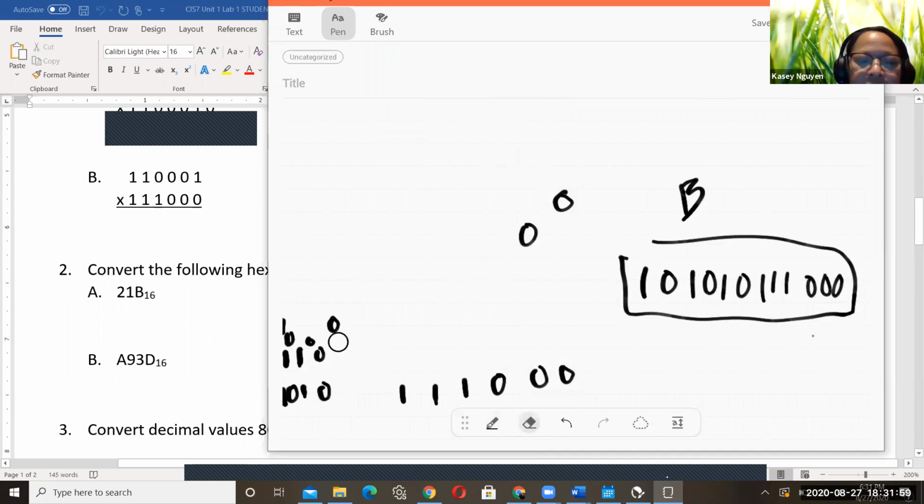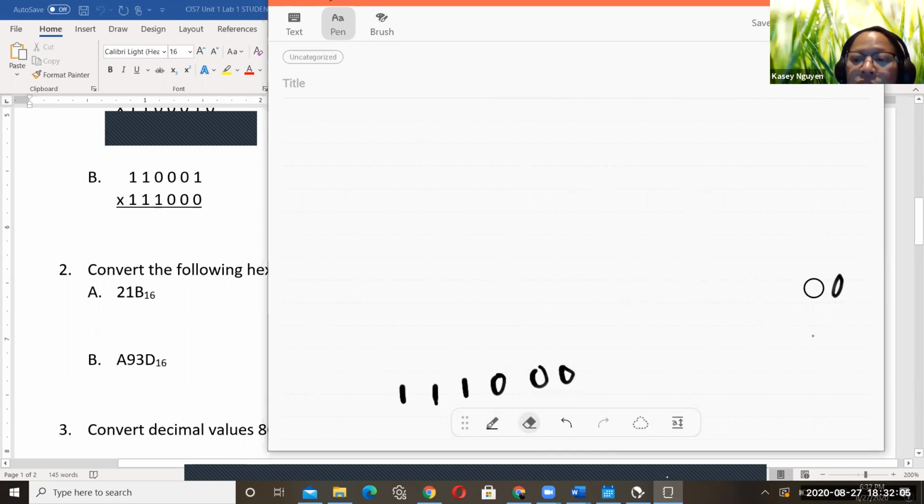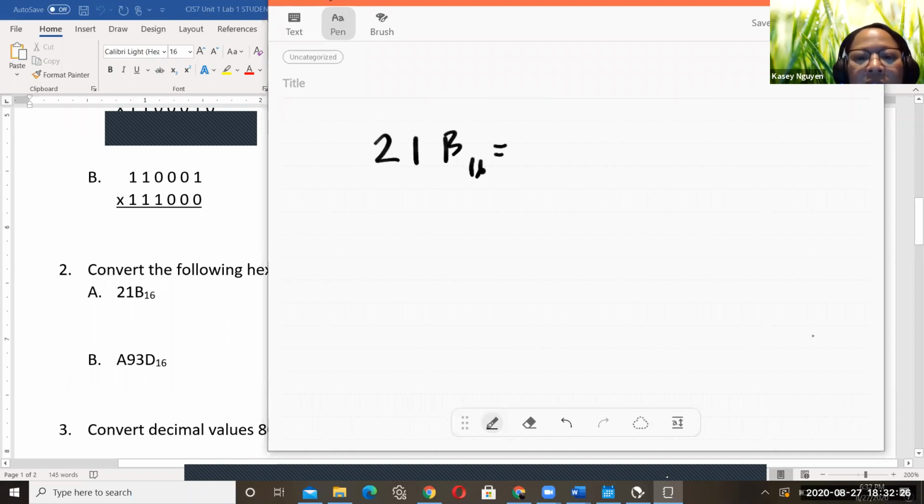So in number 2, it gives you 3 hex digits, 21B base 16, and we need to convert it to decimal value. So what we do here is we write it out: 21B base 16 is going to be equal to, and we start with the rightmost digit, which is B, and B is 11 in decimal. Remember the table. So we would have 11